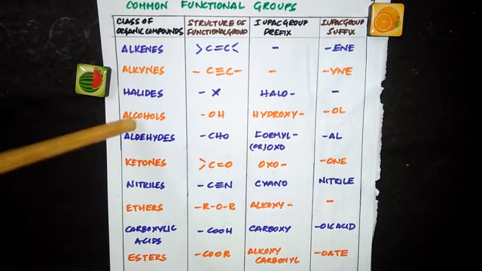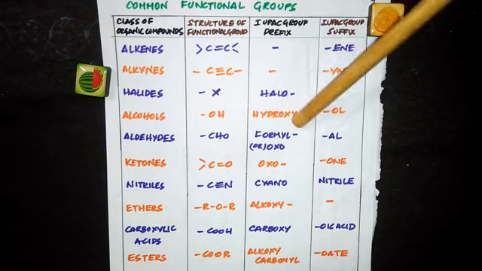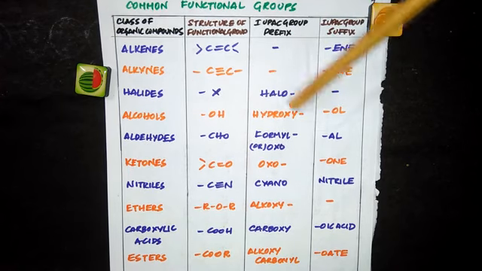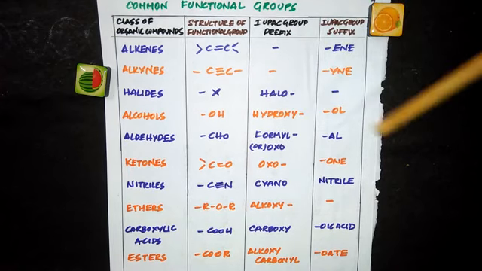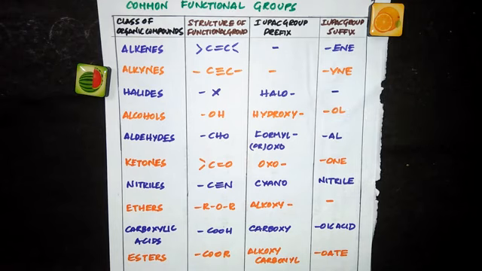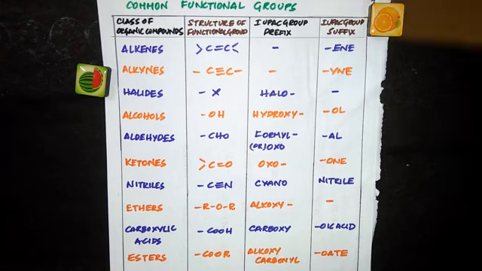For alcohols, when it is used as a prefix, the name that we will be using is hydroxy. If you are naming it as an end name, which means suffix, we will use -ol. So I said ethane, ethene, ethyne. In ethane, if you remove a hydrogen and put an OH, we will remove the E from ethane and put OL. So the name would be ethanol. This is the suffix for alcohols. I will be teaching all this naming in detail in the upcoming videos. For now, just understand the list of functional groups, their structure, and the prefix and the suffix that is used.